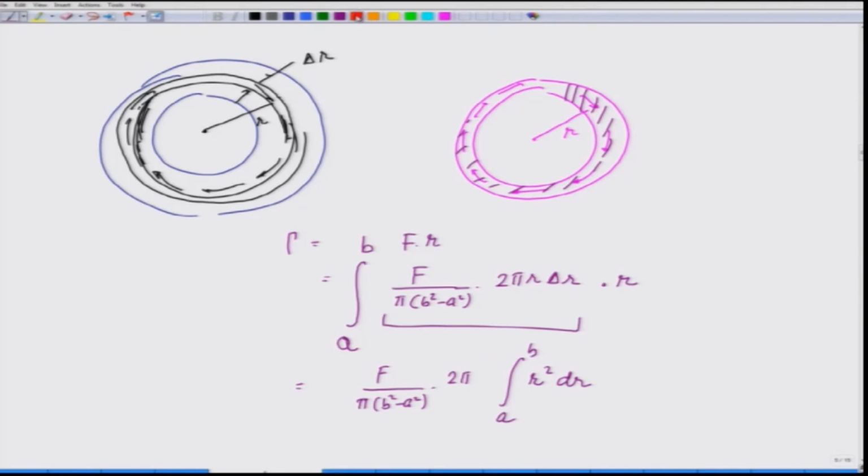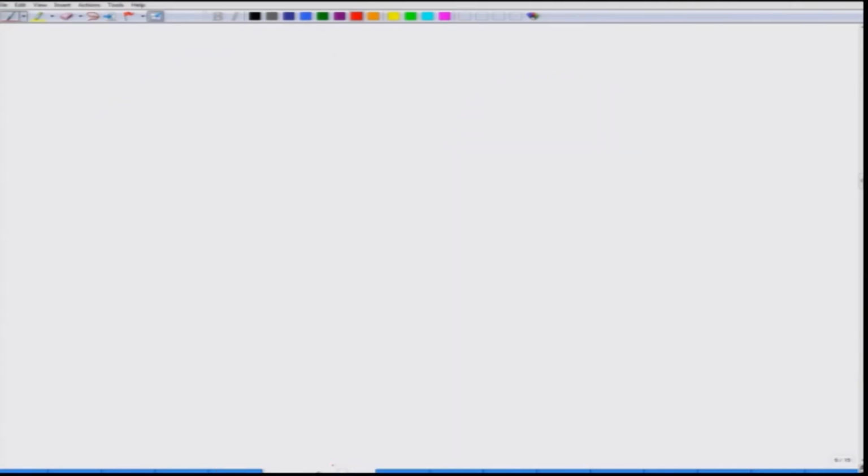This pi cancels and I get this equal to F over (b square minus a square) times (b cubed minus a cubed) divided by 3. There is a 2 also here. So, the answer becomes 2F over (b plus a) times (a square plus b square plus ab), and that is the answer. The third problem that I am going to take now